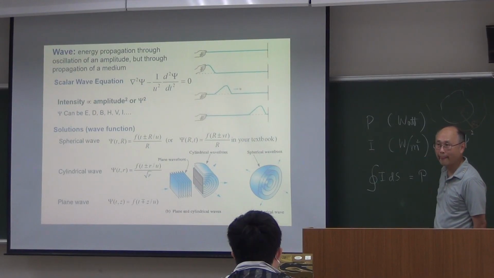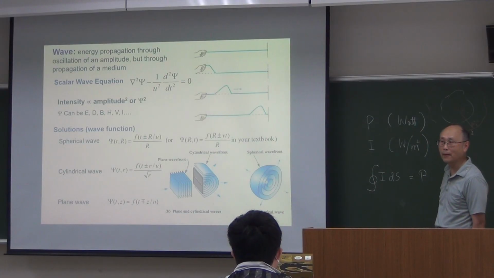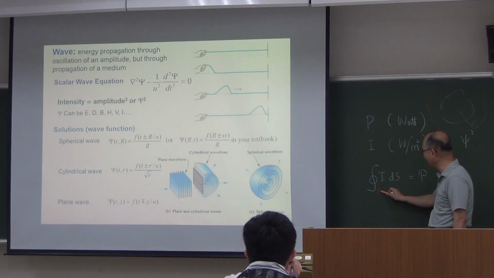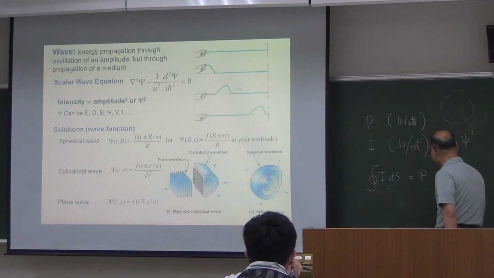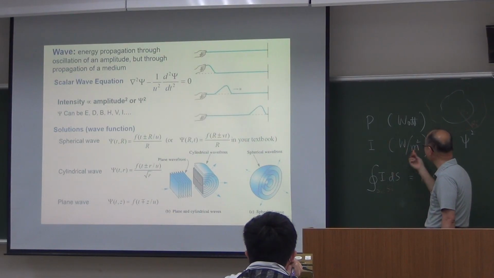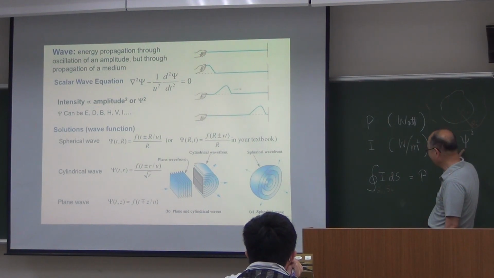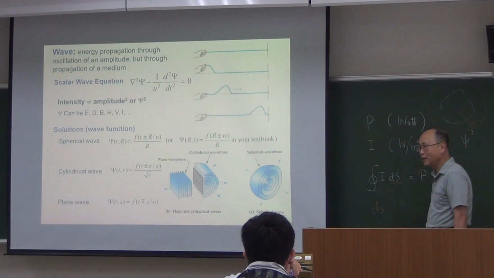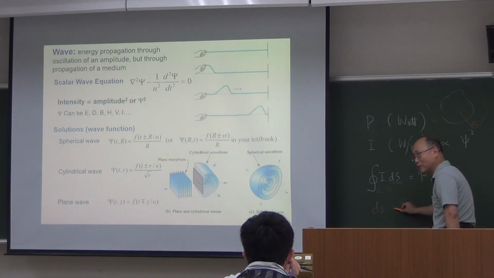Do you agree? Right? If there's no loss in this material, in this space, then no matter how I integrate over S1 or S2, I should get the same results. So think about that. If I have an intensity that is proportional to the square of the amplitude, and this surface is dS. If you have the spherical coordinate system, this dS is going to be equal to what? R square